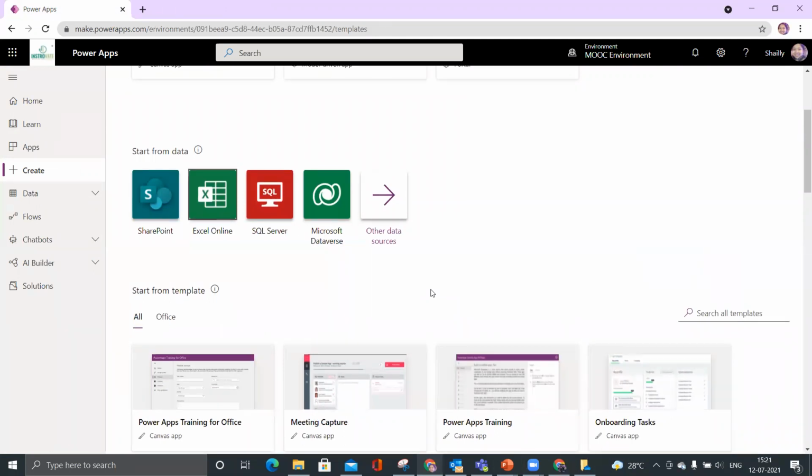So what would be my scenario? Here we will generate a mobile app where the data source will be a Microsoft Excel workbook that's stored in Microsoft OneDrive for Business. This Excel workbook is going to list the company inventory of flooring samples with pictures and prices. We have created that workbook and saved it in our Microsoft OneDrive for Business. From here, we will just select Excel Online.